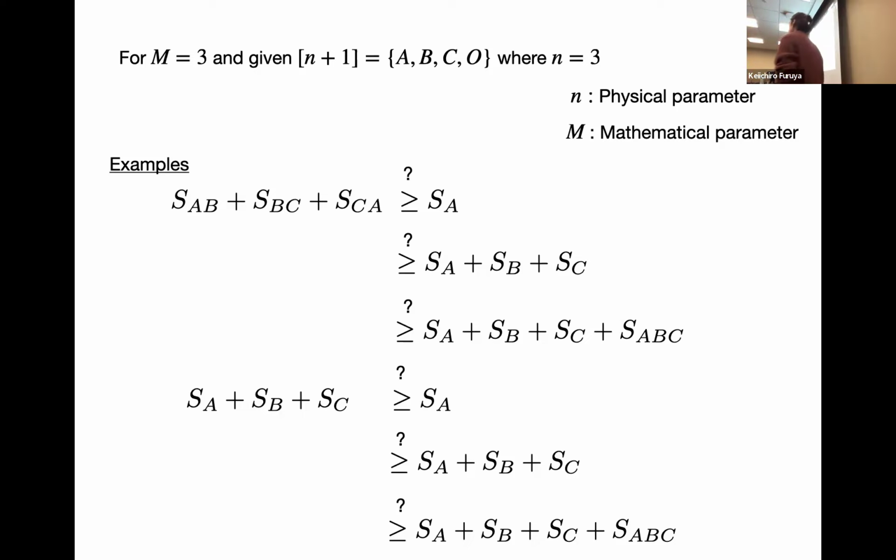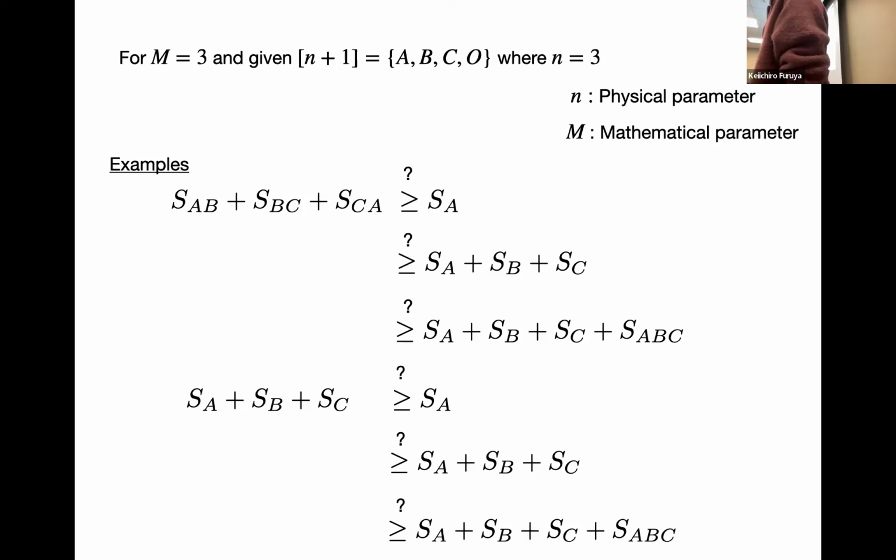Sorry, I just want to make sure I understand. The example you wrote, there are two SA into SA plus SA. Can I have SAB plus SAB plus SAB? Sure, you can do that. In that case, you have n equals 2, like if you only have A, B in there. And M is 3. M is 3, yeah. Okay. So maybe the example might not be the best, but M and N can have a different number.